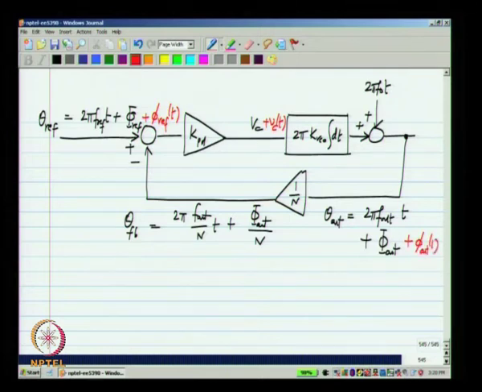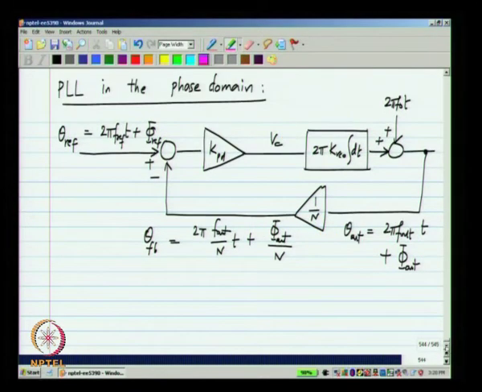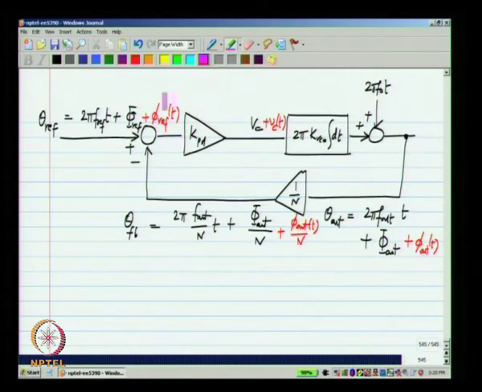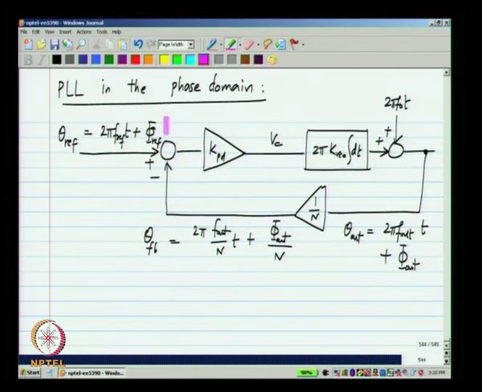Okay. So, we have these things, and then of course, here we will have this phi out by n. Now, I am not so interested in the operating point quantities, because once I calculate that, that part is fixed. So, for analyzing the relationship between the increments, I will come up with an incremental model in which only the increments are present. Okay. So, how do I get that? I get that by subtracting the corresponding quantities in the model with increments and in the model without increments.